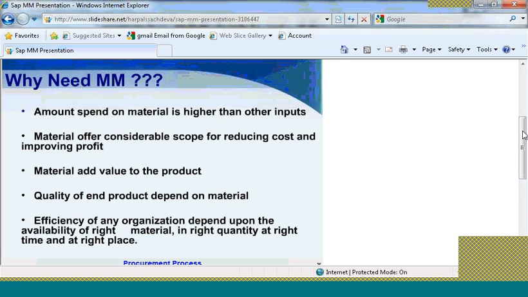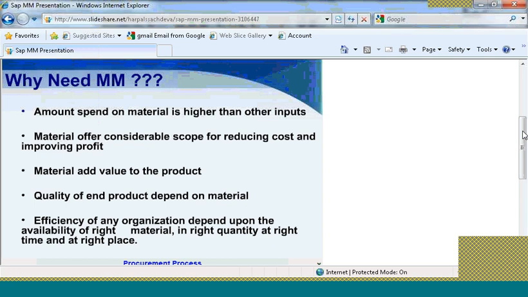Our next slide explains why we need MM. The amount spent on material is higher than other inputs. That is one basic reason why we need MM. Take any kind of business, especially a production business, or a business which has a product.